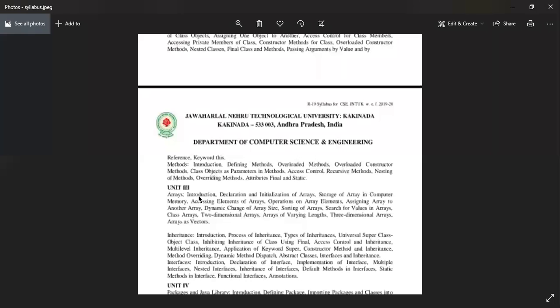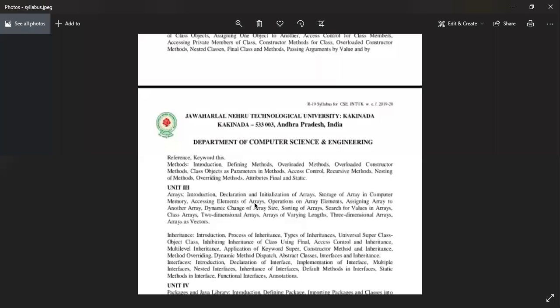Inside arrays, we have introduction, declaration, and initialization of arrays. Inside your textbook, some topics are there, but they didn't mention them here. We'll think of them as available in our syllabus, but not mentioned here. It is okay, but selection and bubble sort are very important from the examination point of view, because this is your first batch, the 19 batch. I think we can't expect how the paper will be. Actually, Java is very easy. You can easily get good marks in this.